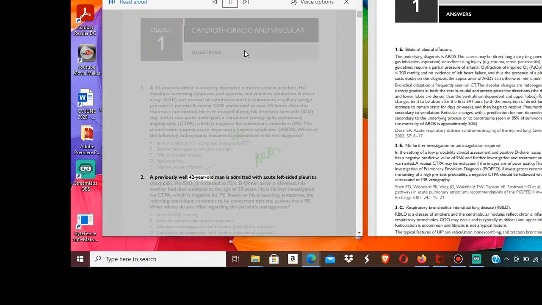2. A previously well 42-year-old man is admitted with acute left-sided pleuritic chest pain. His SaO2 is recorded as 92%. D-dimer assay is elevated. His mother had died suddenly at the age of 58 years. He is